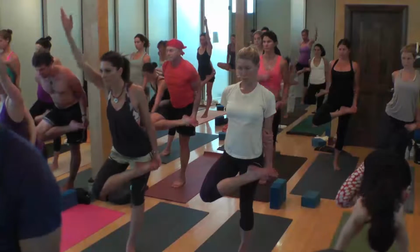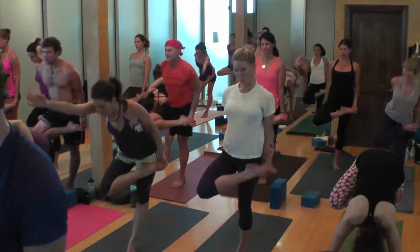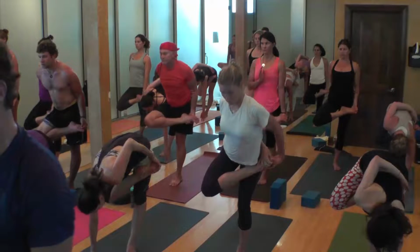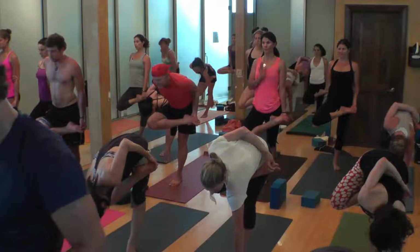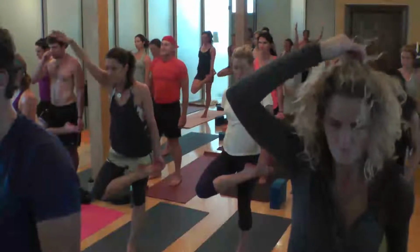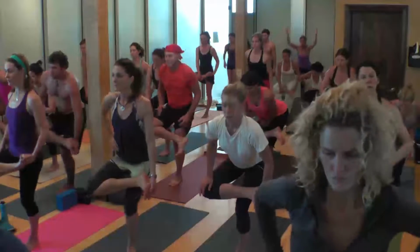Ardha Padma. Hooking the right big toe. Breathe. Draw the chest towards the left thigh. Use your navel, slowly rise. Wherever you are, once again, bring the foot ankle to the left thigh and sit back down. This will be a little bit of a release. Chest reaches forward,